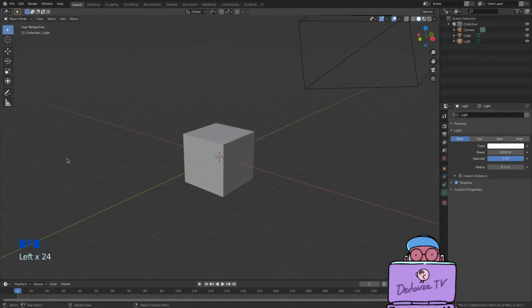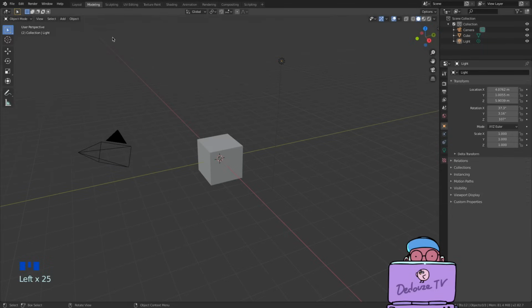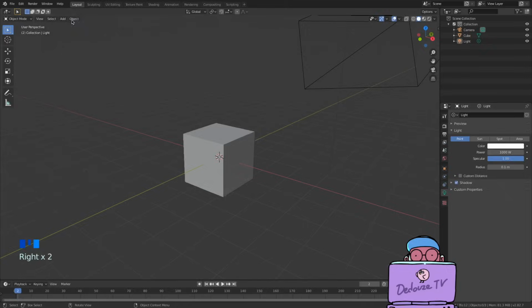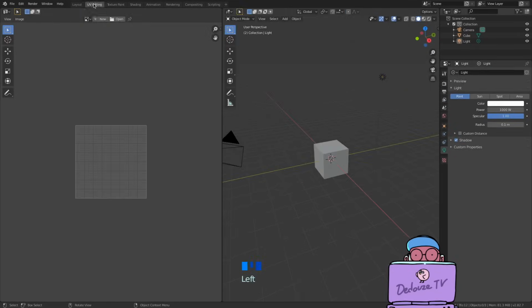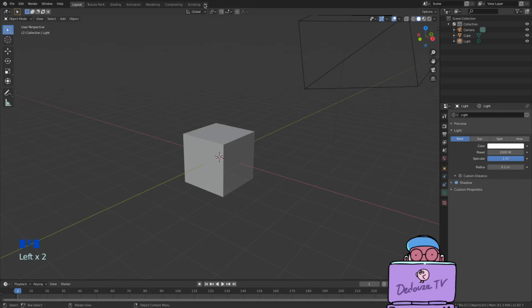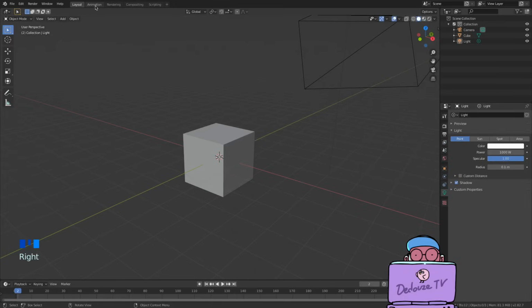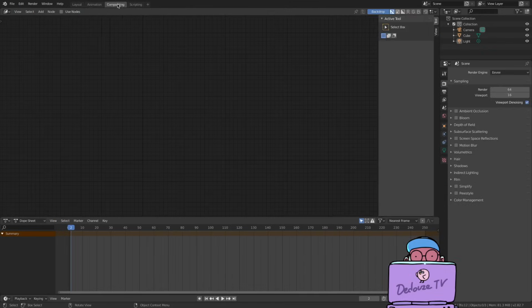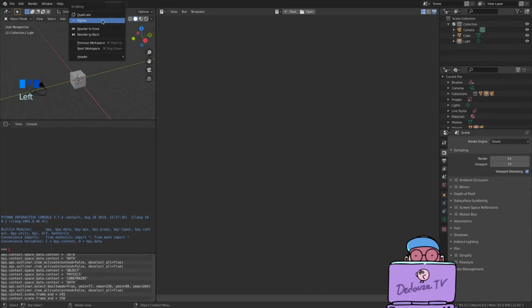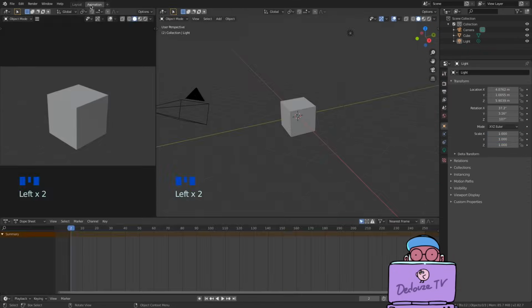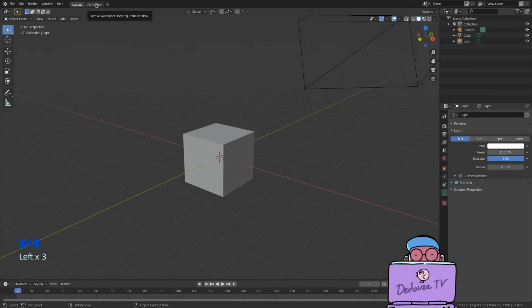First, I'm going to clean my workspace by removing some tabs up there. I'm going to remove all the tabs except layout and animation. So I right click on the other tabs and press delete on all these ones. Don't worry, if you remove the wrong tab, you can press plus and find it again in this list. These tabs actually contain the same content that you see here, but with a different display and different tools. Each of them is optimized for a specific task, and for now we just need the layout and animation tab and another one that we'll add later.